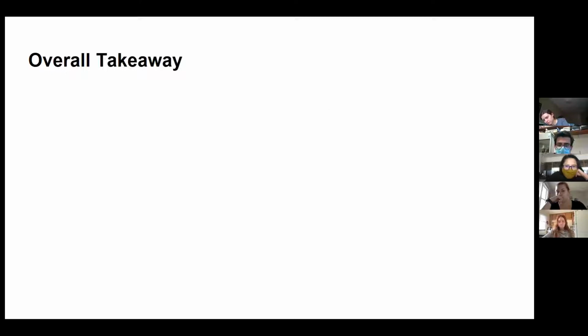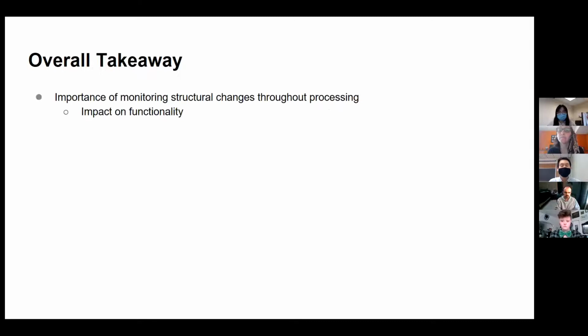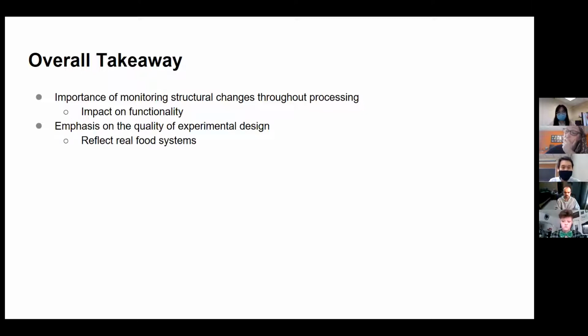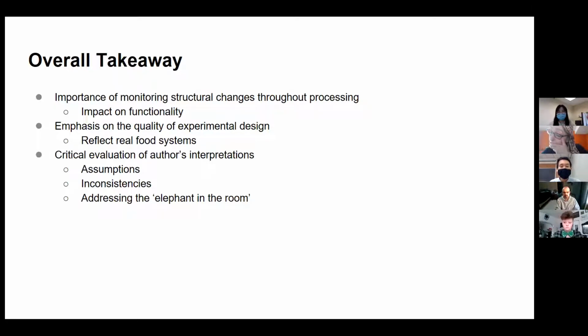So the overall takeaway that we got from this whole study of the two papers is just the importance of monitoring the structural changes that occur throughout food processing, and of course, since we're taking a food proteins course, also when it comes to experimental design, knowing how those structural changes can impact our functionality. So having a good experimental design that reflects real food systems and makes sense, and knowing what exactly we are measuring and what we are trying to find, and whether it's a good indicator of what we're trying to find is important. And also just the ability to critically